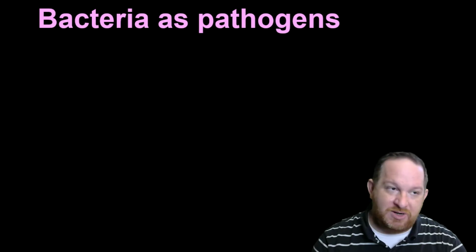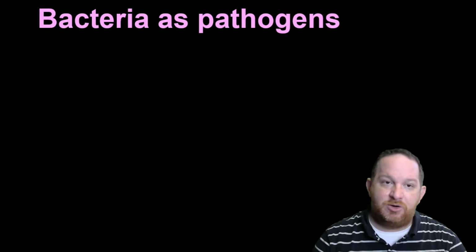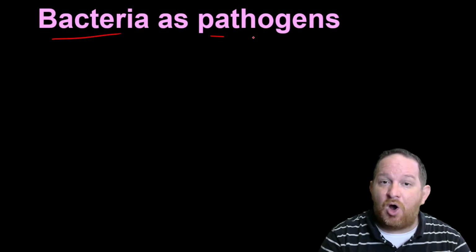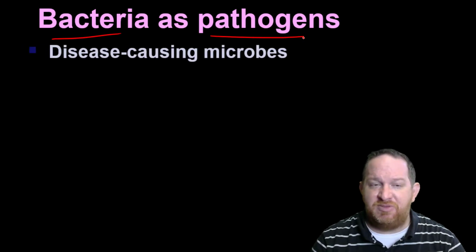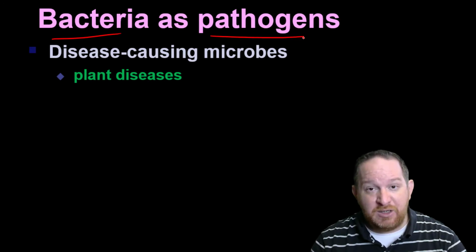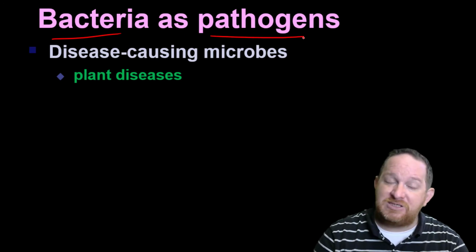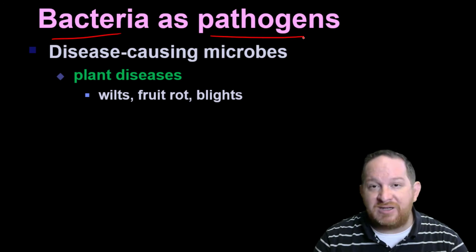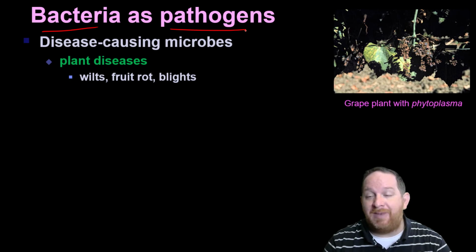So when we think of bacteria, often people are really worried, right? Bacteria are so harmful, they're bad, all bacteria are bad. And some of that is true, right? Some bacteria are pathogenic or disease-causing. So let's take a look at some of those to begin with. Now, bacteria can cause disease in humans and animals, but many people don't think bacteria can also cause disease in plants. So a lot of plant wilt and rot and blights are actually caused from microbes or small bacteria.